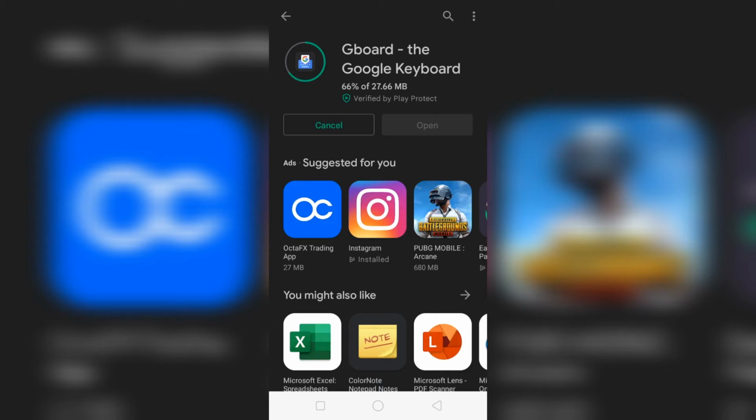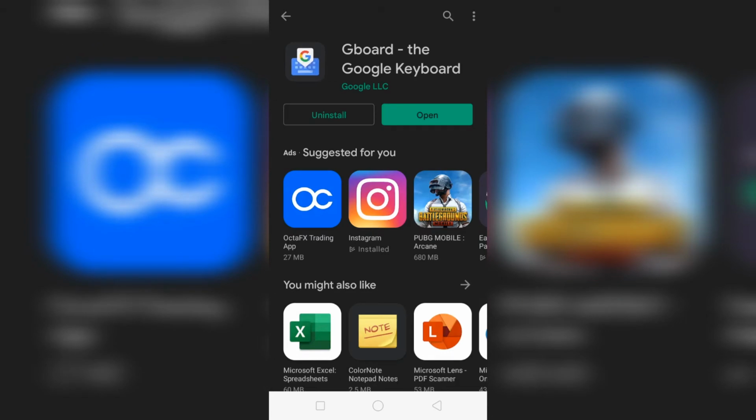By default, you can paste only the most recent text that you copied. With this application, you can paste 4 to 5 recent texts. So we will show you step by step how to paste them.